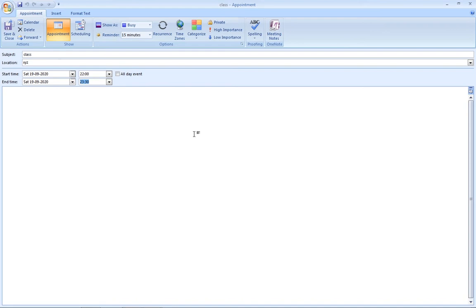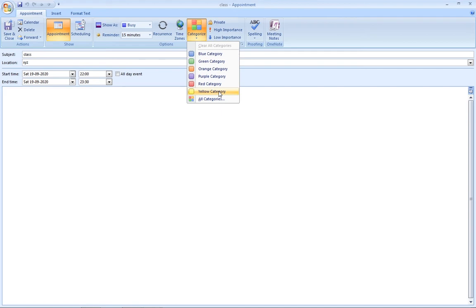The next one is Categorize, which means the importance of the meeting. If you choose the blue category, you can attend the meeting or you can miss it. If it's green, this is an informal meeting; you can attend or not, it depends on your mood. The most important one, the red category, means you can't miss that appointment; you have to attend it. The yellow category means this is important, but if you miss it, don't worry, you can fill in again, but you should attend the meeting.